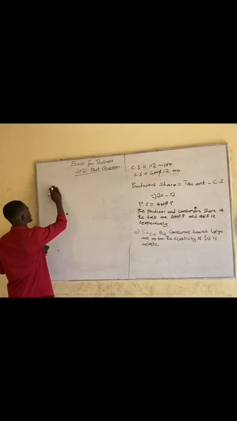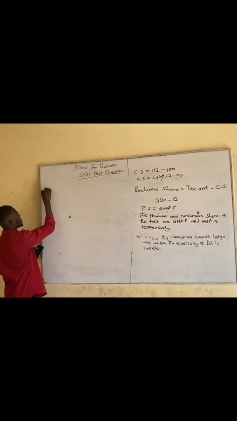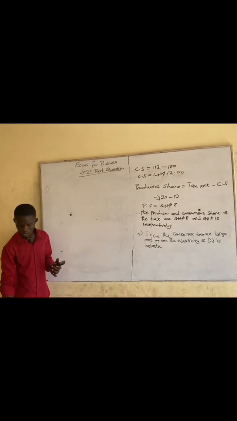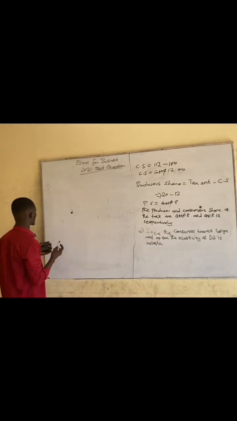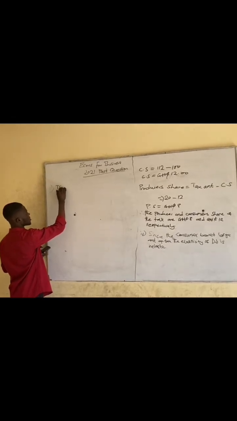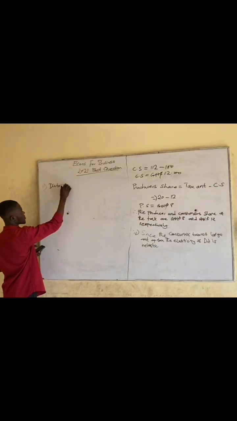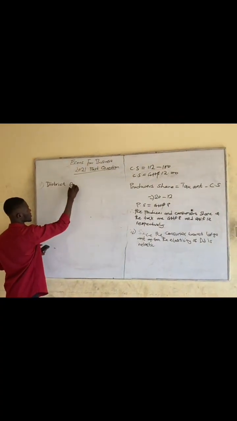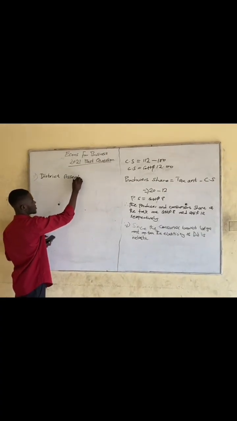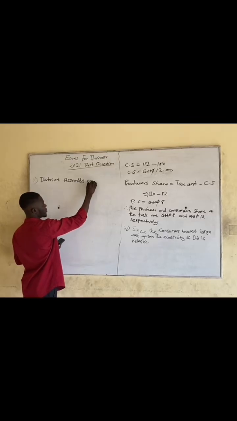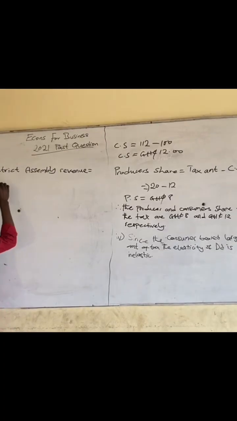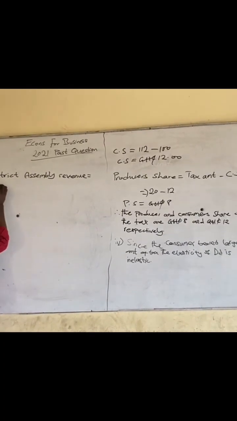So here, district assembly revenue. So here our district assembly revenue will be equal to tax amount